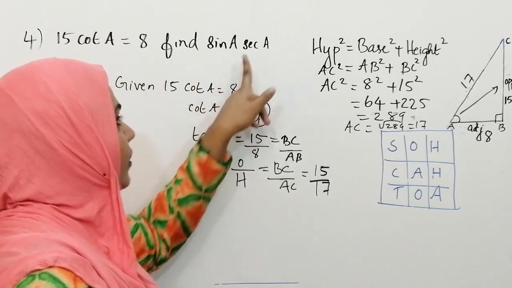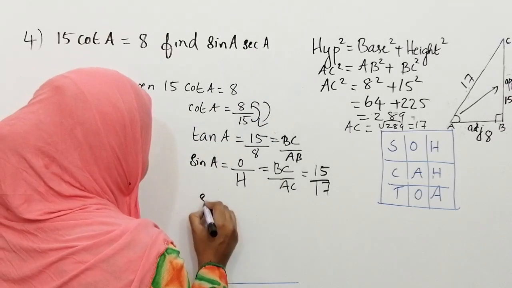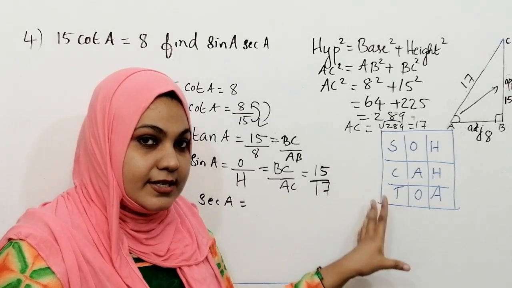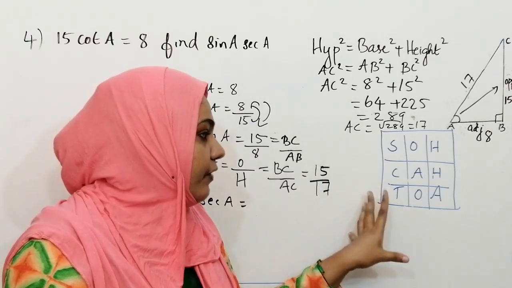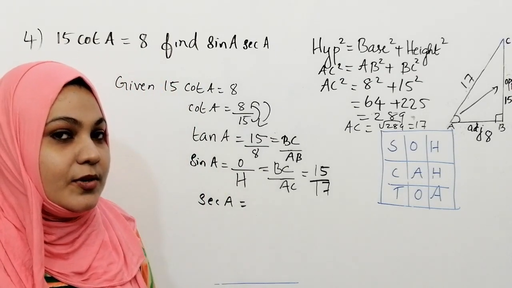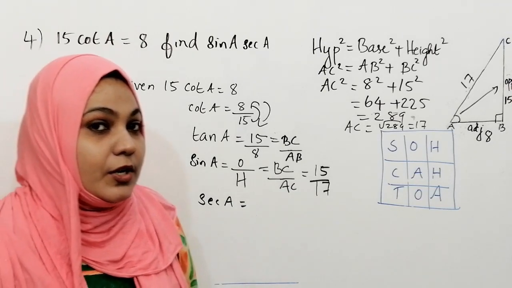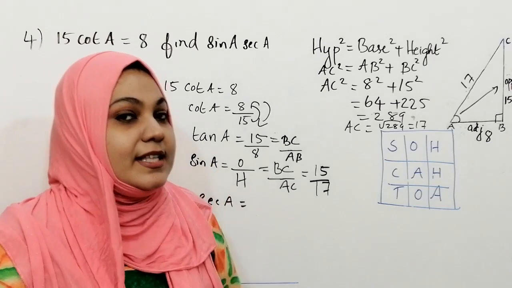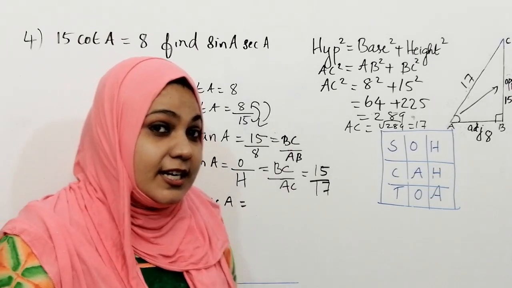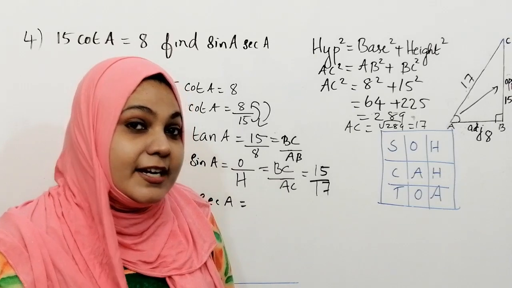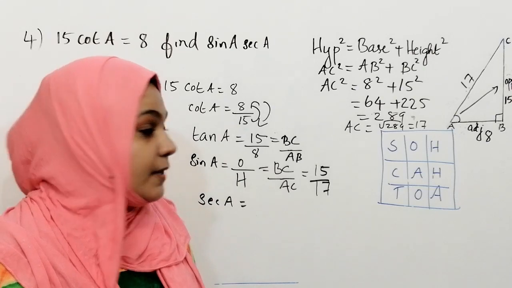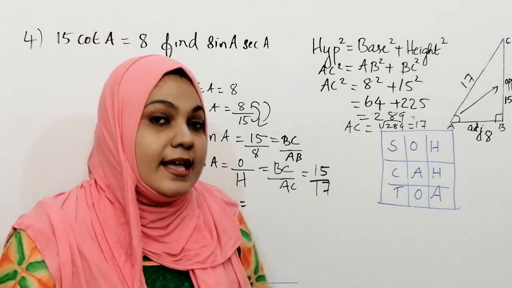So we have to find one more trigonometric ratio, that is sec A. So how can we find sec A? When you look at this trick, you can see we can only find 3 trigonometric ratios. So how can we find the next 3 trigonometric ratios? I already explained in my previous videos. If you are new to my channel, please watch those videos. Then it will be really helpful for you. Which are the next 3 trigonometric ratios? Cosec, sec and cot. Cosec, sec and cot are the reciprocals of sin A, cos A and tan A respectively.